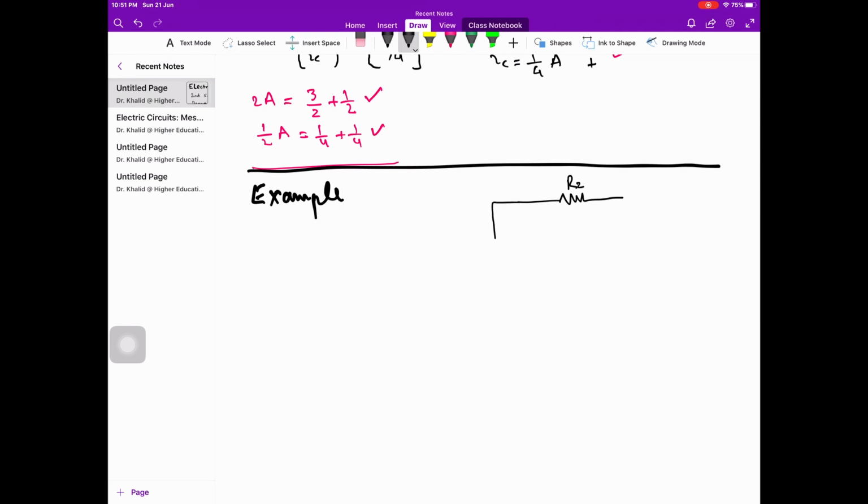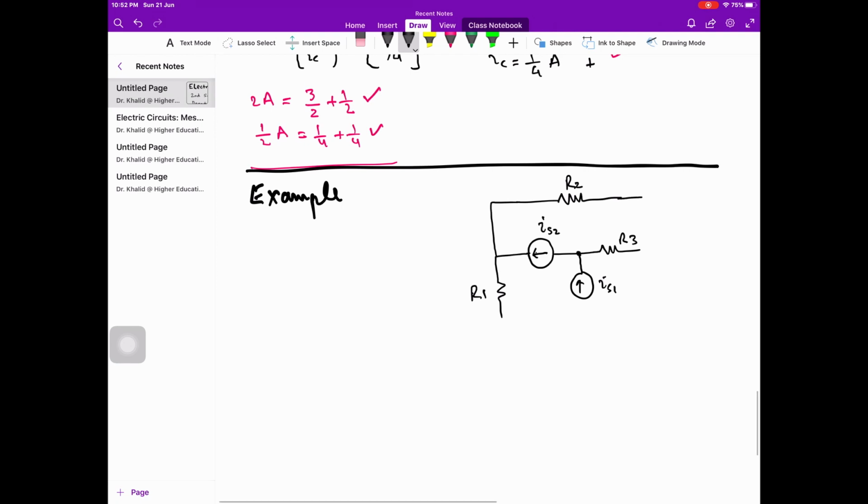We have resistance and we have a current source over here, and let this current source be IS2, and there is resistance here, this is R3, and let this resistance be R1, and there is another current source over here, current is flowing upward, let this be IS1,